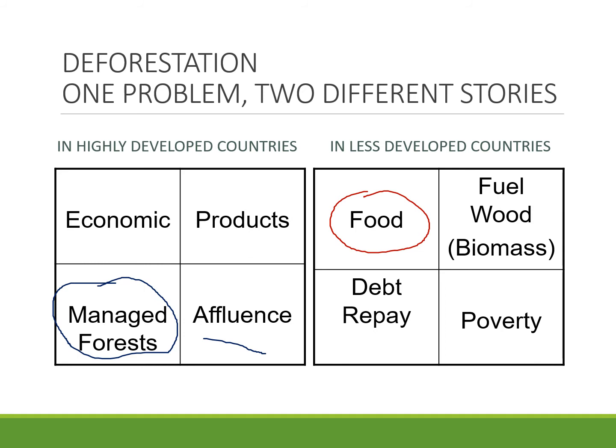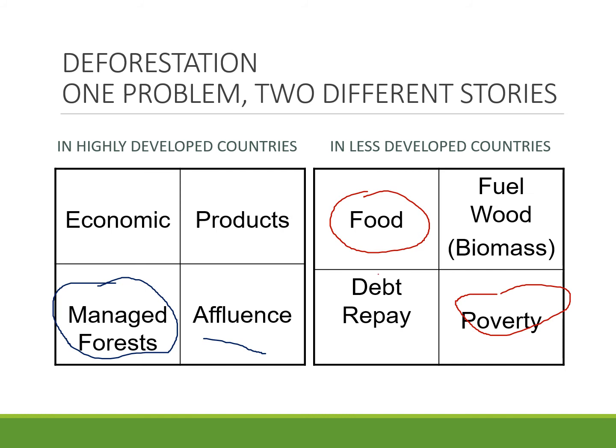In some countries, poverty. In less developed countries, there's a lot of poverty. And so you don't have electricity running to your house. If you did, you wouldn't have money for it. You're not living in that kind of home. So you need to cut down trees to cook your food or heat your home because you have no other options.